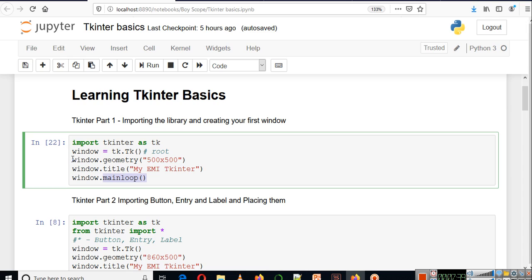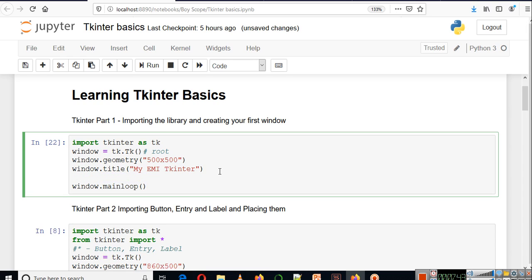So whatever we have to write will be written here after the title and before closing of the main loop. Whatever elements we have to add in our window, we will add by writing the code between window.title and window.mainloop, particularly before the mainloop method.